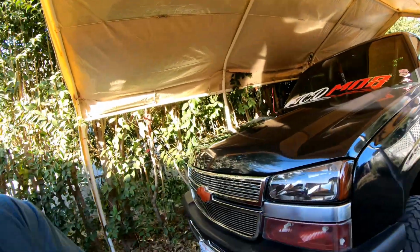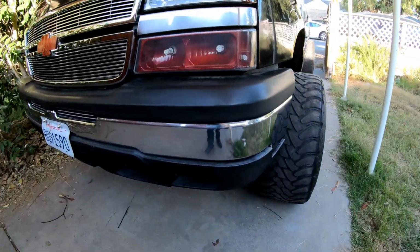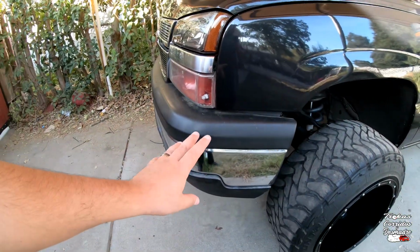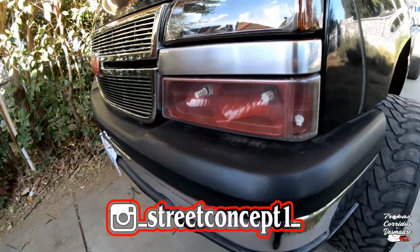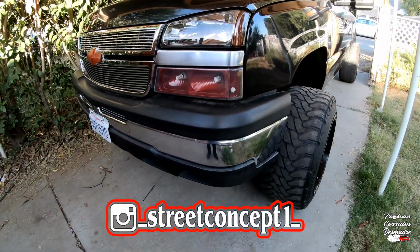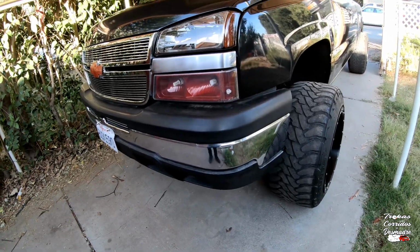As I mentioned on my last video, this is the day that I will be changing my front bumper. I have the SS bumper from Street Concept 1, and you know, I'm kind of skeptical on how it's gonna look. I've never been a huge fan of the SS bumper, but lately I've seen a lot of really badass trucks that have it. And you know, I'm thinking if I can go in there and do a little bit of fine-tuning